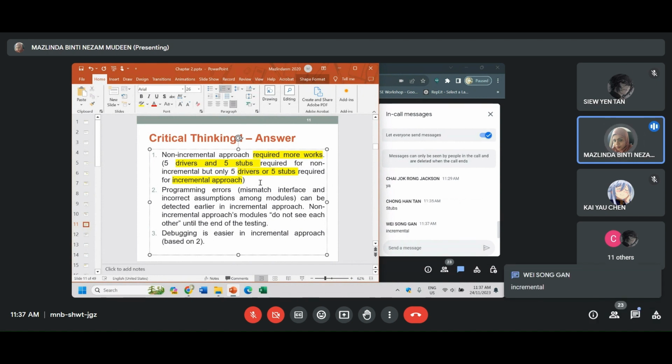Incremental, because we will require less work. Okay, so the second point, programming errors. For example, any mismatch of the interface or any incorrect things that happen during the integration of the modules can be detected earlier in the incremental approach. This is because the module will be integrated with the next module much earlier compared to